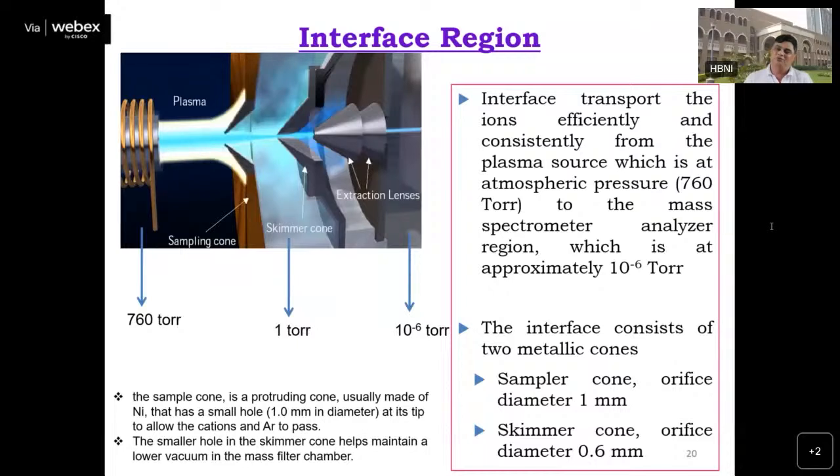But in general, when we are looking at real samples, you don't have those kinds of ideal situations. So in these situations, our detection limit is 400 ppb